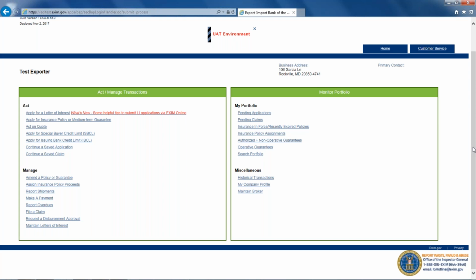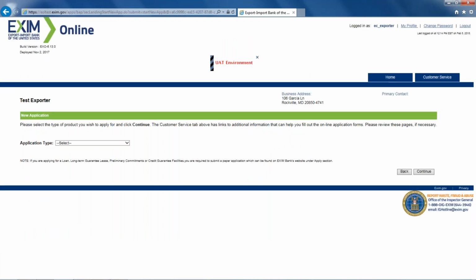So as you would to start any insurance application, we're going to go to the link on the upper left-hand corner, apply for insurance policy. And we're going to be given a drop-down screen that will let us choose from the various short-term and medium-term insurance products. And we're going to go for the exporter single buyer insurance.